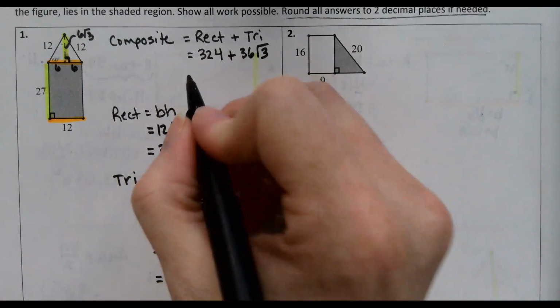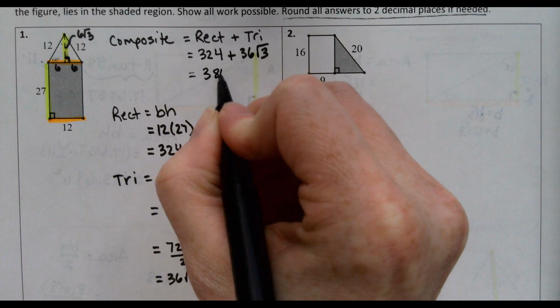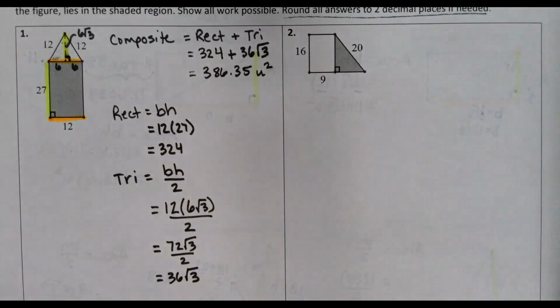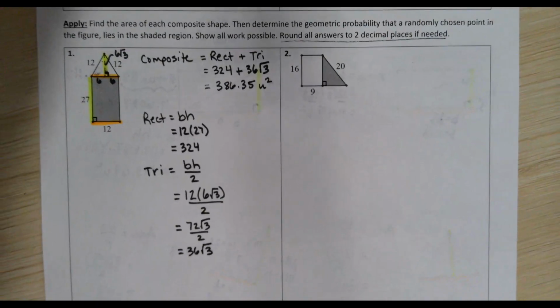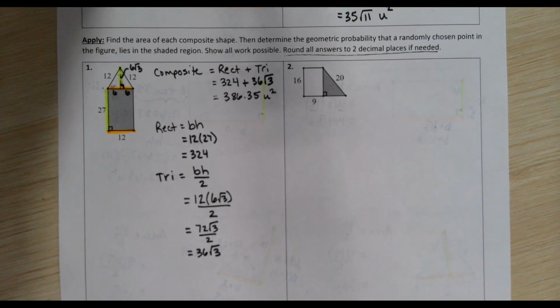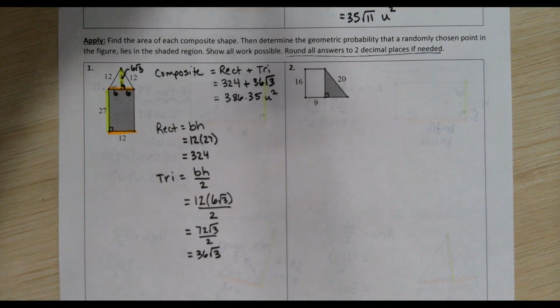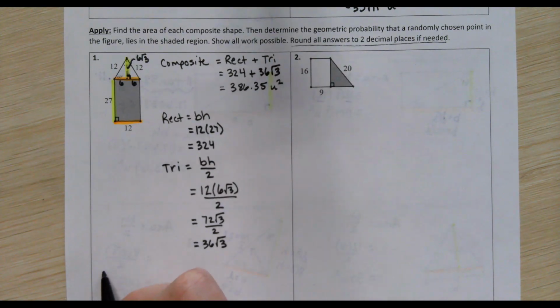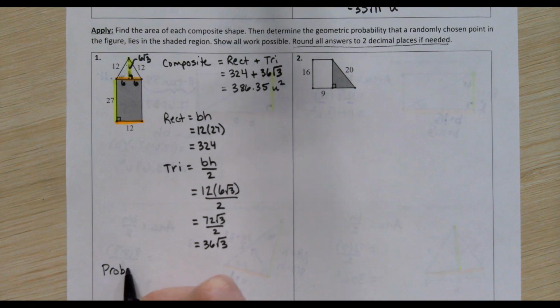386.35, it looks like. 386.35 square units. Okay. Now remember, we have 2 parts to this problem. The next part of the problem actually asks us for the geometric probability that a randomly chosen point lies in the shaded region. So if we're thinking about probability, remember we're going to use that fraction where we have the